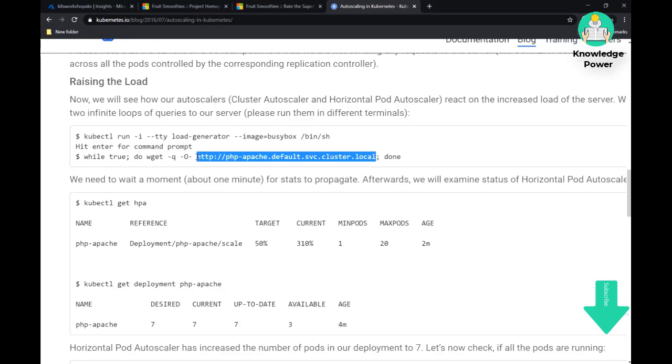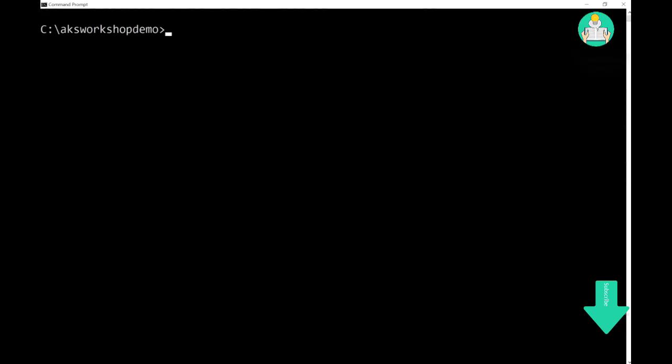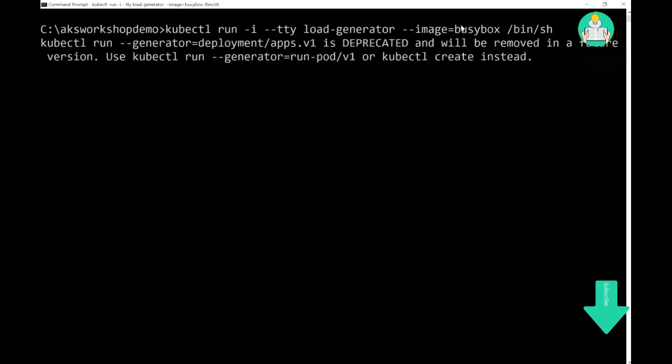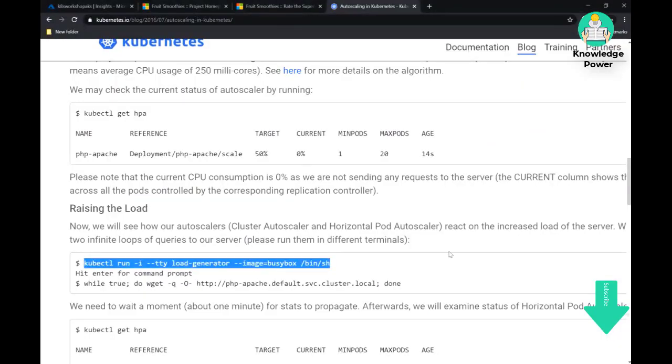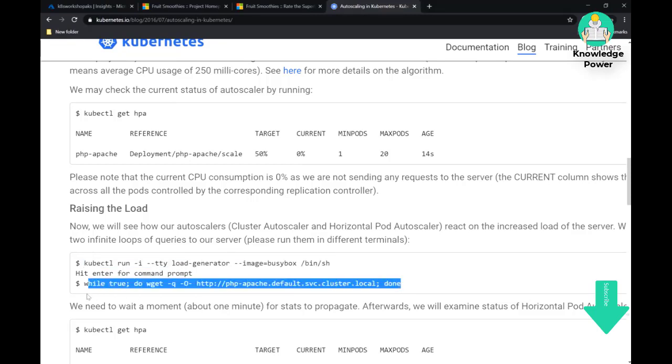So let's try this. I open a new command line because we're gonna use the other one to actually show you the command, how the pods look like. I will copy paste here, so nothing to change here. Press enter. This will just deploy this image inside a pod and allow us to access this command line, which is just a busybox image. I go back here and I copy the rest of this command